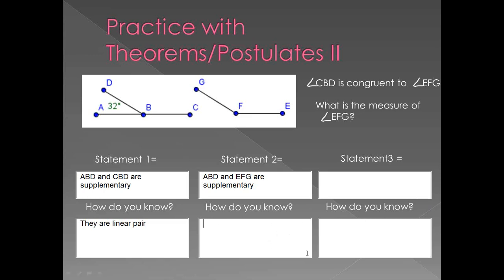Good. It's not vertical because vertical they have to be two. If it was vertical, it would have to be down here somewhere. So I'm going to type it in there. A lot of you said it. Congruent supplements theorem, which says that if two angles are congruent, then they are supplementary to the same angle. So since we know that GFE is supplementary to ABD,